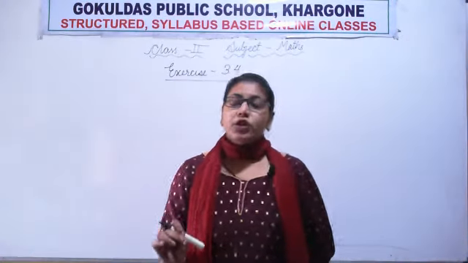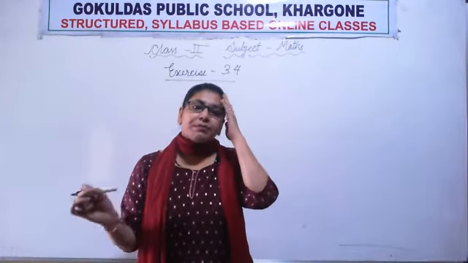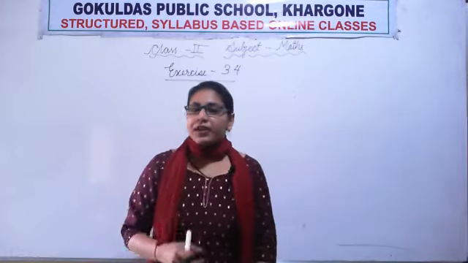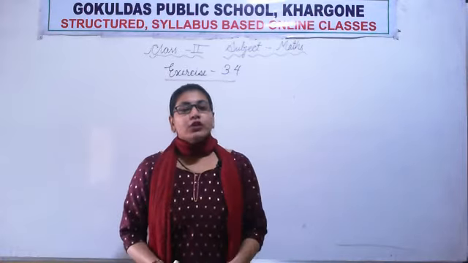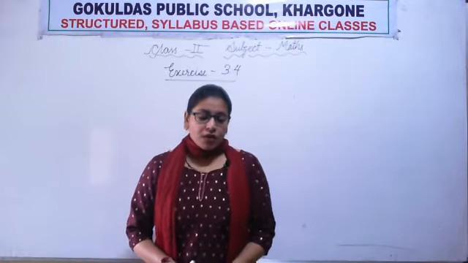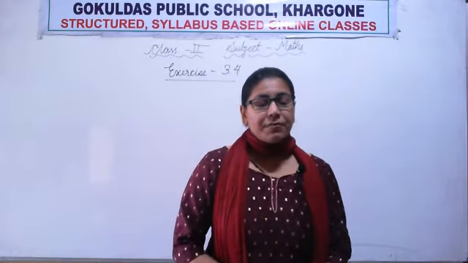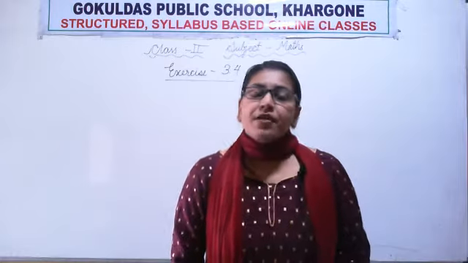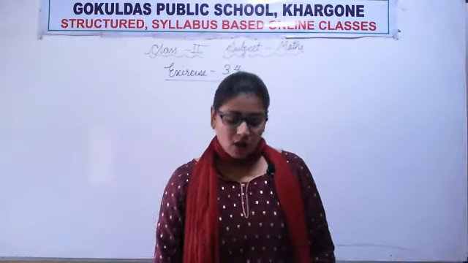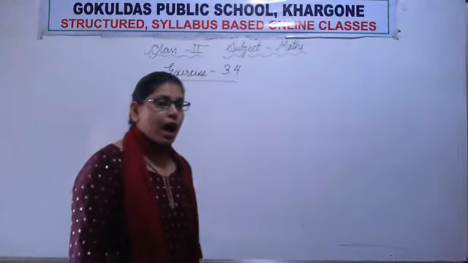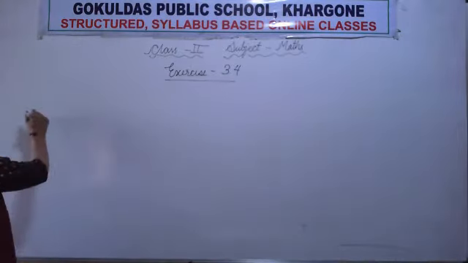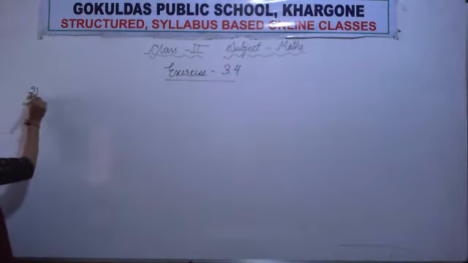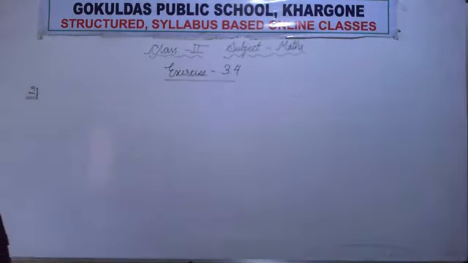If 48 total seats are there and 29 people are there, so they occupy 29 out of 48. So if we subtract 29 from 48, then we will get the number of vacant seats. Okay, so all of you first of all note down the question. I am not writing the question, but you all have to note down the question. Note it down quickly.